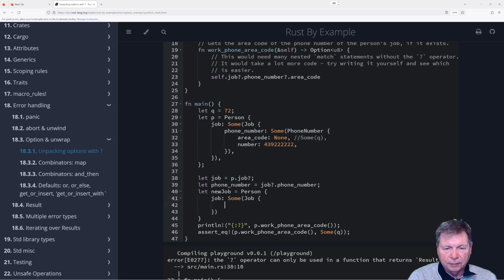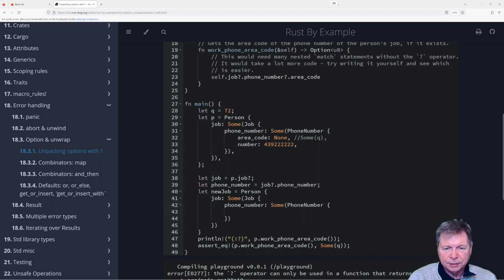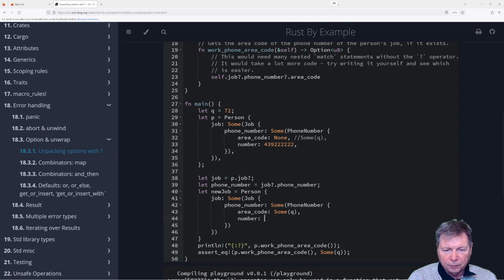and then phone number colon some number, curly brackets area code some Q, and then number would be phone number dot number, right?